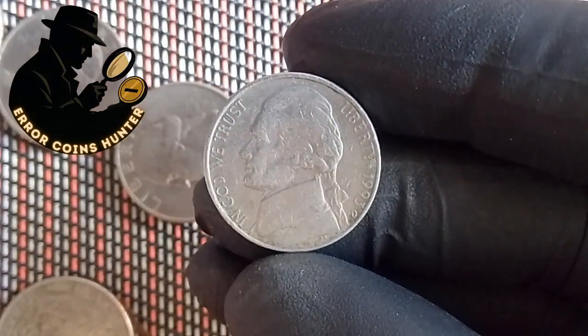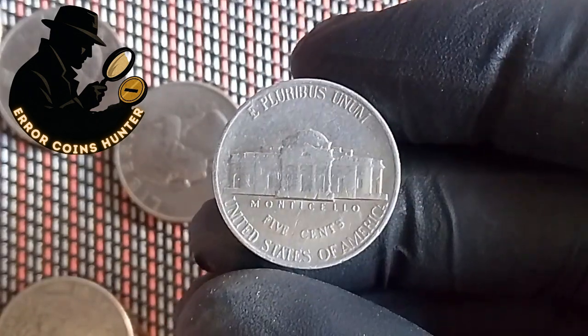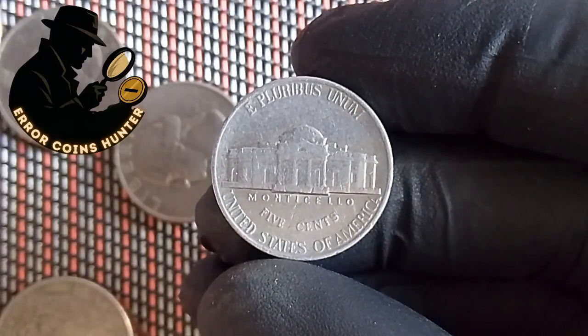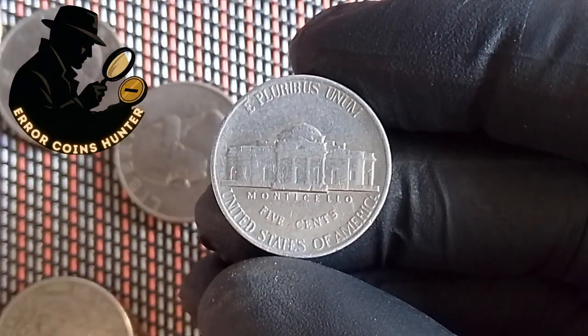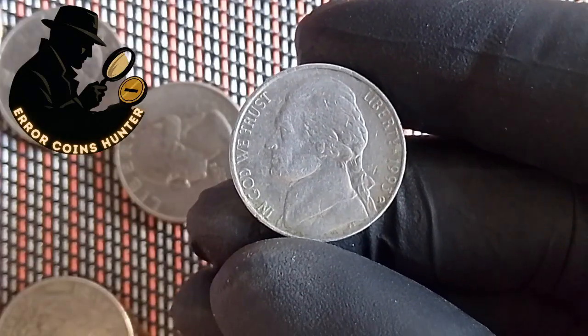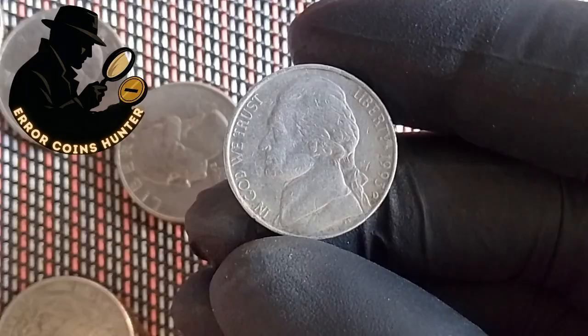Bidding opened at $500,000, which alone would have been a substantial price for any modern era coin. But within 2 minutes, the price had surpassed $2 million, then $5 million, then $10 million as the competition intensified between phone bidders and several individuals present in the room who were bidding on behalf of anonymous clients. The price climbed relentlessly: $15 million, $18 million,